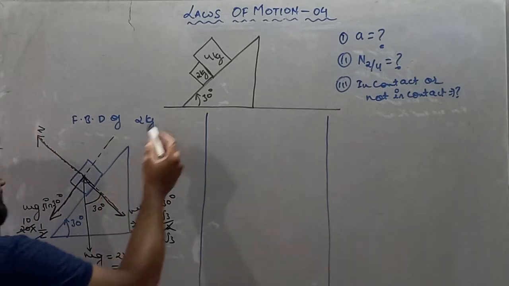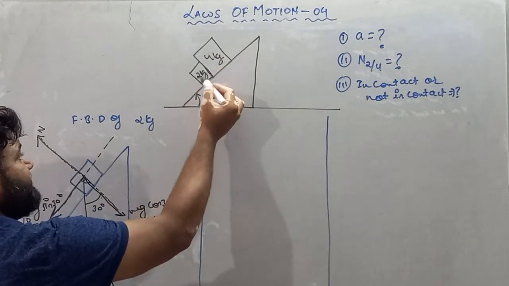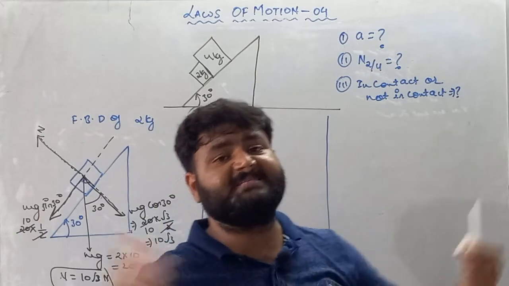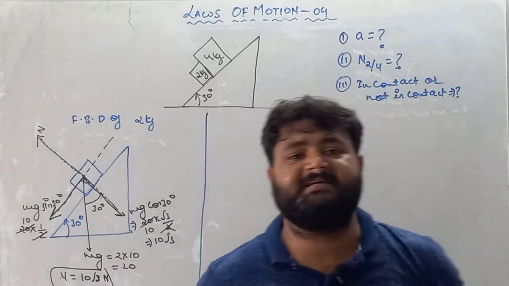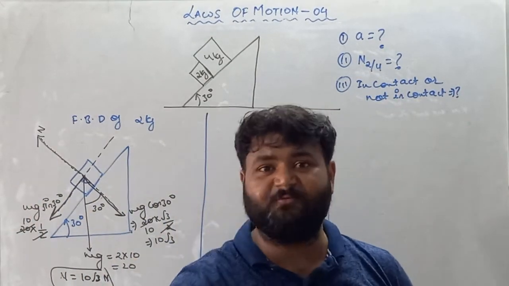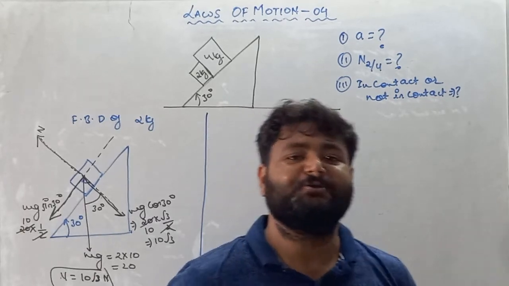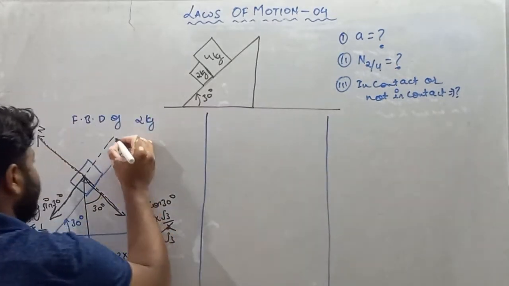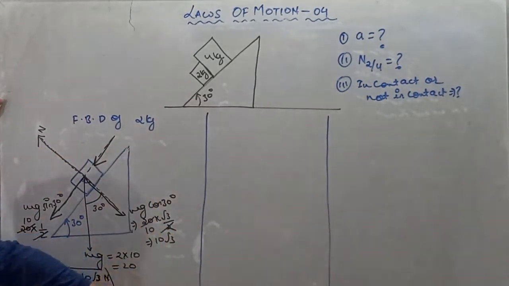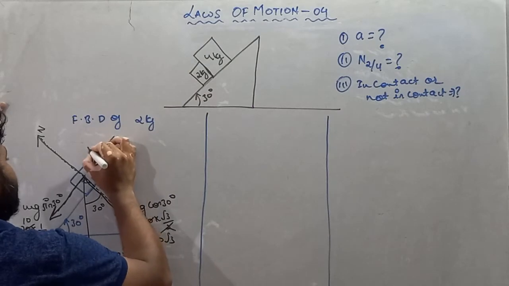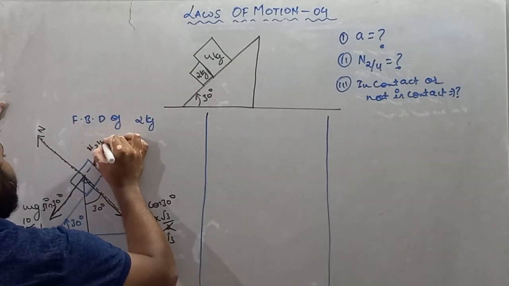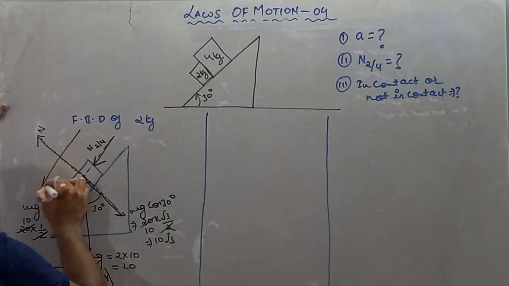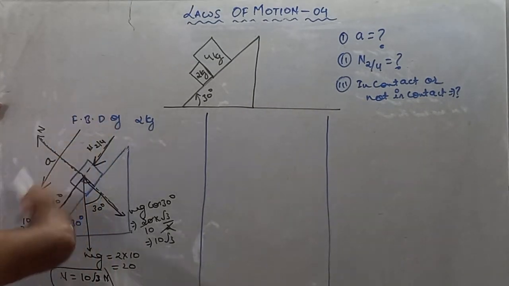Now see, this 4 kg block is in contact with the 2 kg block, my dear student. So we know that if two bodies are physically in contact with each other, then there must be a force which acts, that is the normal reaction force. So here comes the normal reaction force on 2 kg due to 4 kg. I'll write N on 2 due to 4, and the direction must be along this axis. Now the acceleration is obviously always in this direction.